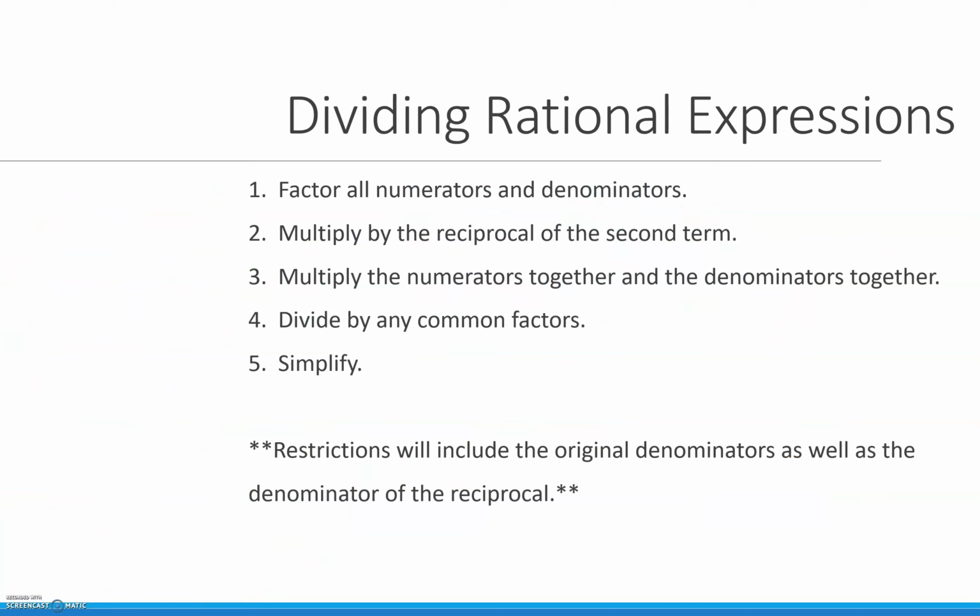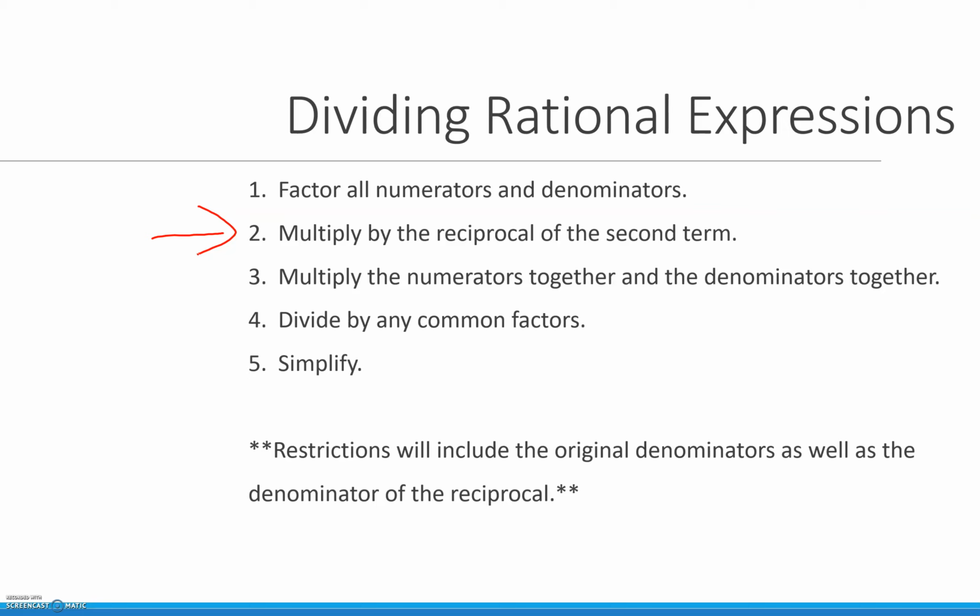Now, when we're dividing, it's a lot like dividing fractions. We have to multiply by the reciprocal of the second term. So when we change it from division, we multiply by the reciprocal of the second term. It is a lot like what we just did on the previous problem. Now, there is something we have to keep in mind with our restrictions,